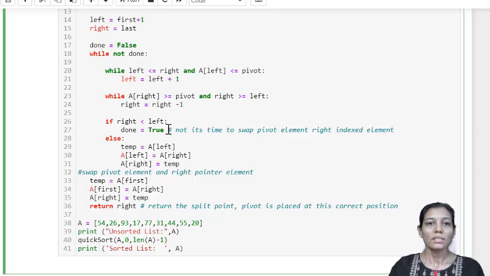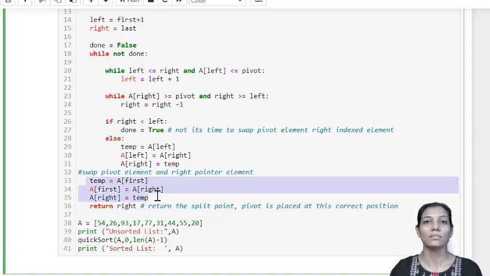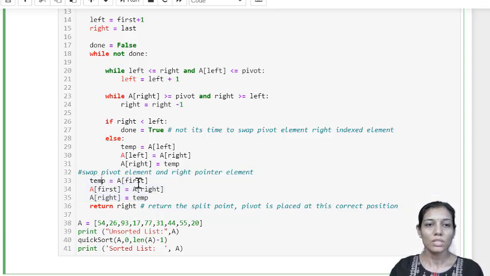As soon as the right pointer becomes lesser than the left pointer, it's time to swap between the pivot and the element pointed to by the right pointer. So we'll swap the first, that is our pivot, with the right. After that we'll return the right pointer, which is ultimately now the position of the pivot element.